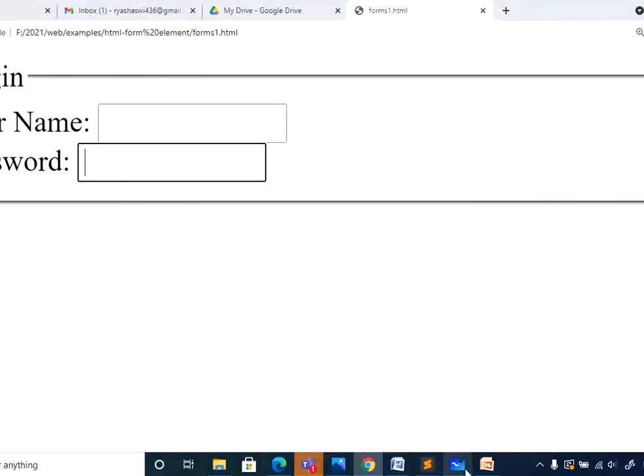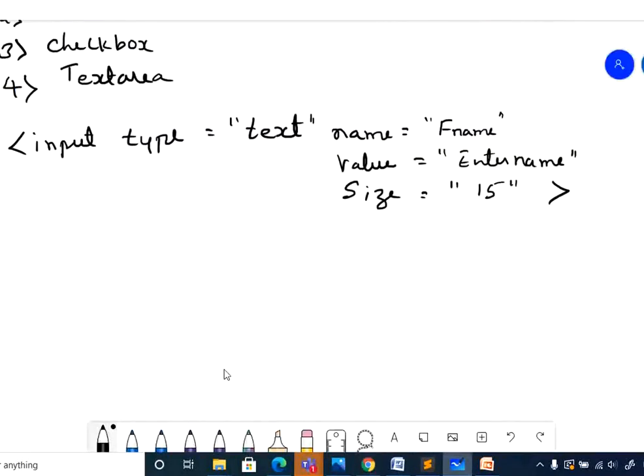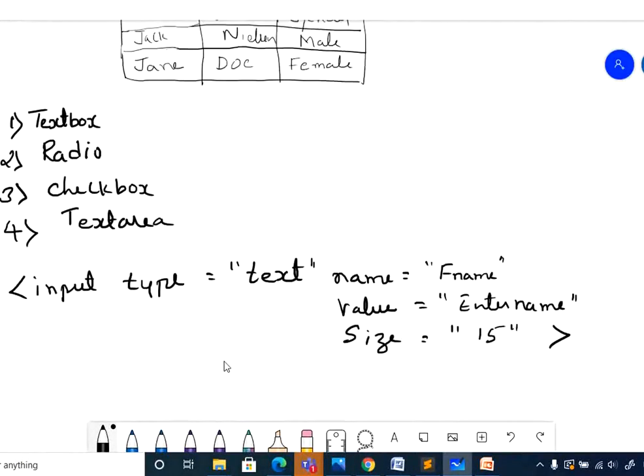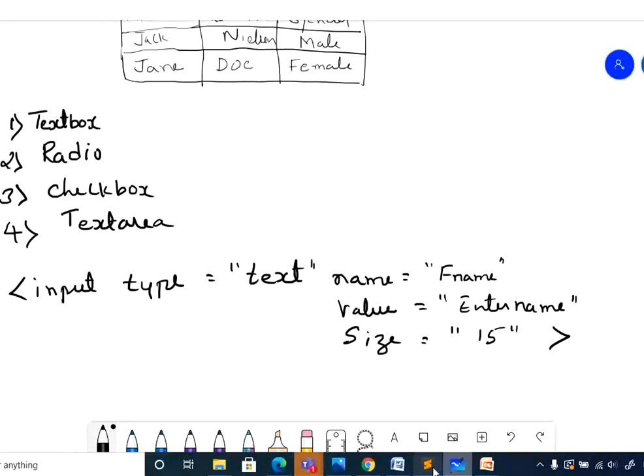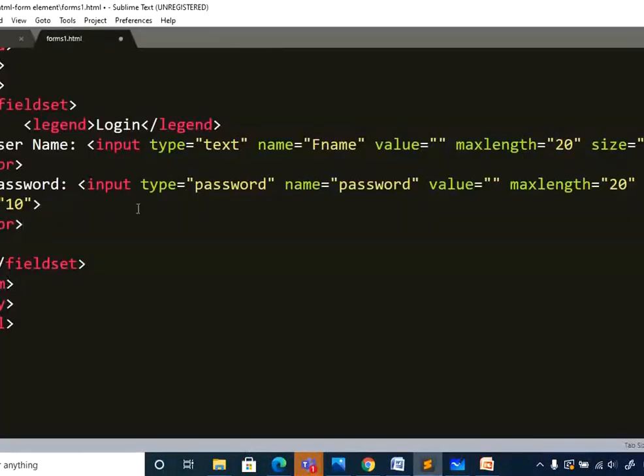Let me go with the other form elements. Here I mentioned radio, checkbox or text area. So next I will go with the radio button. Always try to give the labels followed by input.